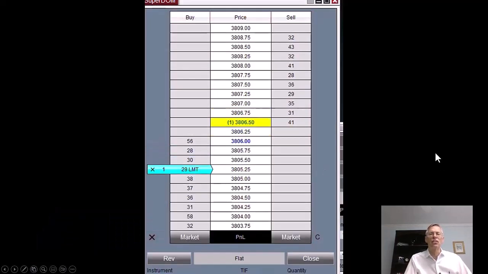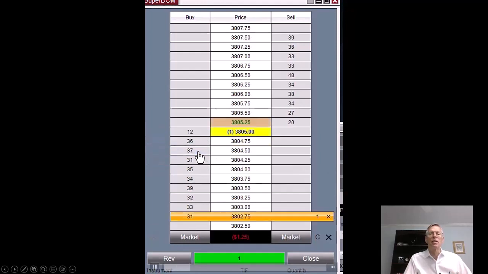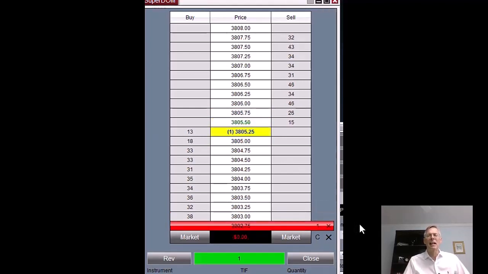All right, so again, here's an example of where we put in a long trade. That's the limit order on the left side of the screen. You can see the red line is actually your stop loss. That means if you come down to that level, it's going to take you out of the trade. In this case, you'd be taken out with a small loss. And we'll just watch this